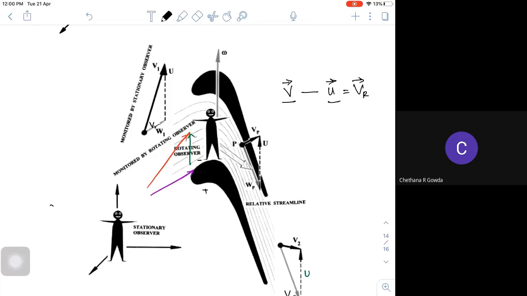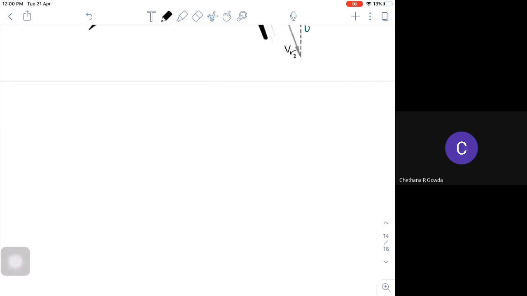So we do have 5 velocity components. One is the absolute velocity. The second one is the peripheral vane or blade velocity. The third one is the relative velocity. And we do have 2 components of absolute velocity. One is the flow component of velocity, and the other one is the tangential or whirl component of velocity. So using these 5 components of velocities, we'll try to draw the velocity triangles. What does this velocity triangle represent? If you look at the Euler equation, you might have written it, so you have the Euler equation.